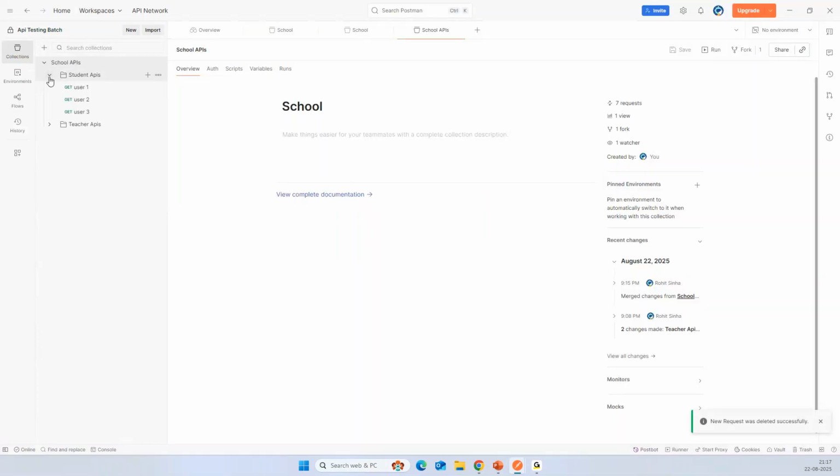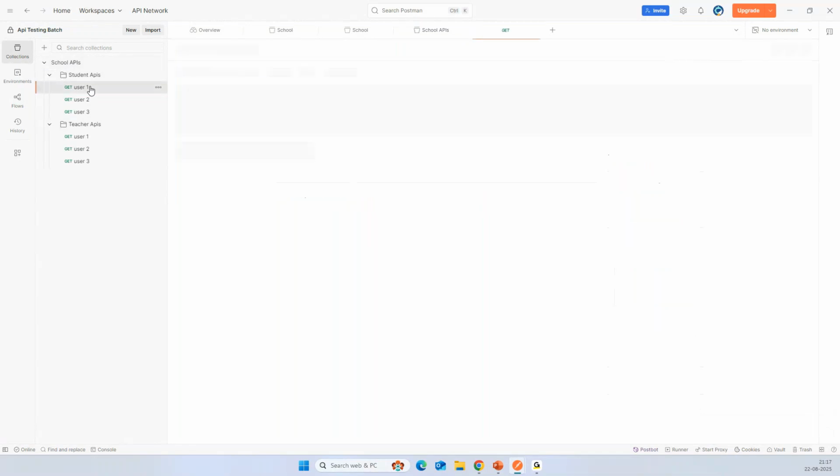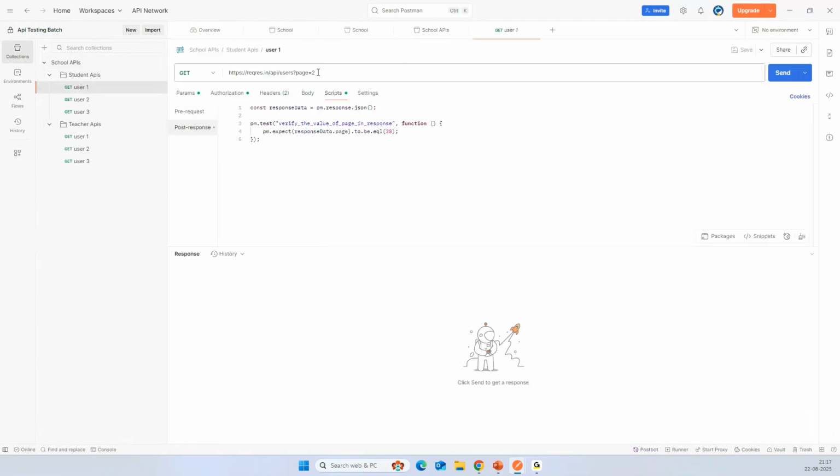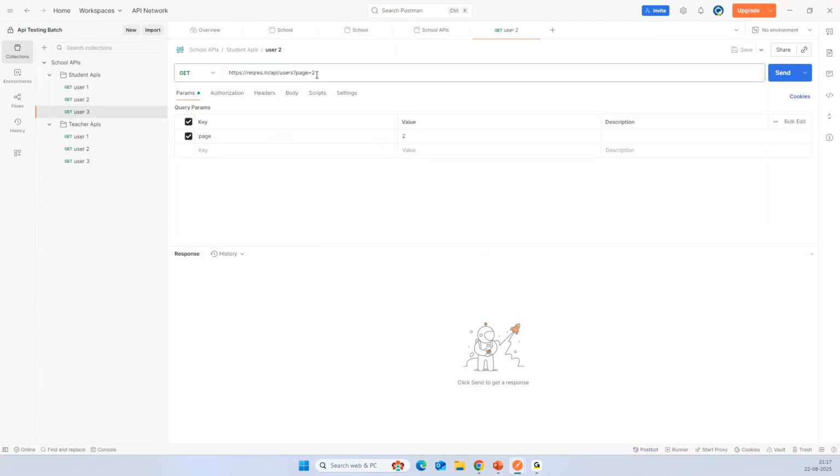Now let's say, as you can see in user one, what are we using? We are using page number 2. That's good. In user 2 also we are using page number 2. User 3 also we are using page number 2 only. Okay, no issues. But if I'm sending this request,